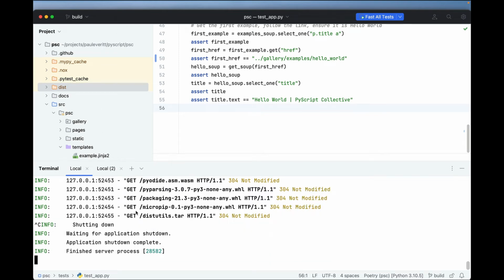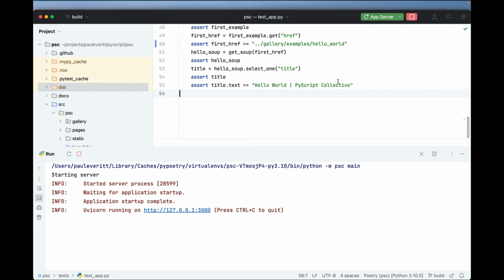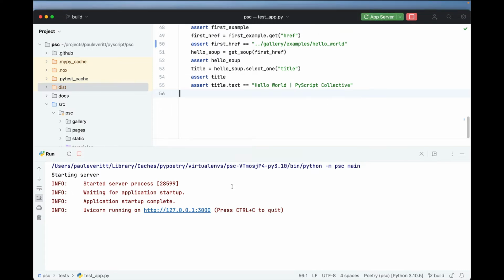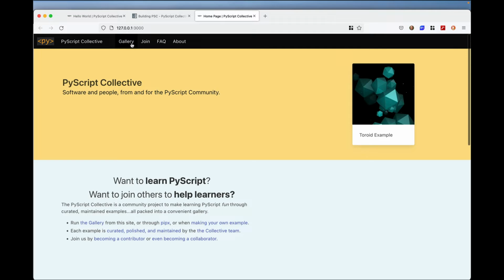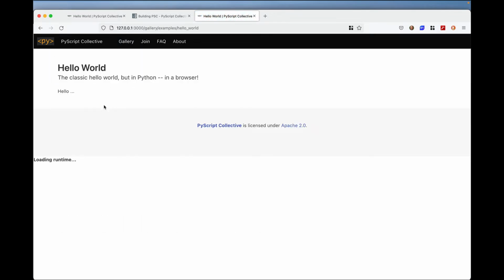Now, what's interesting about that, and I will go back and close this and run this inside my IDE from the app server. And it's running, and I'm going to turn off the network. I'm going to see that I can click around, get all those same things, including running PyDive, because everything is